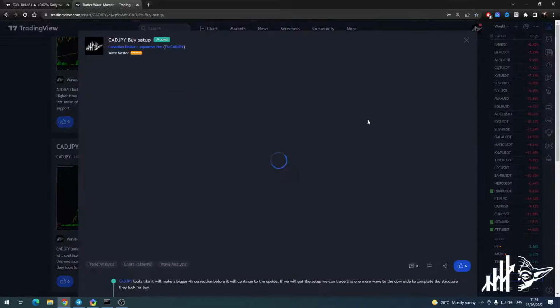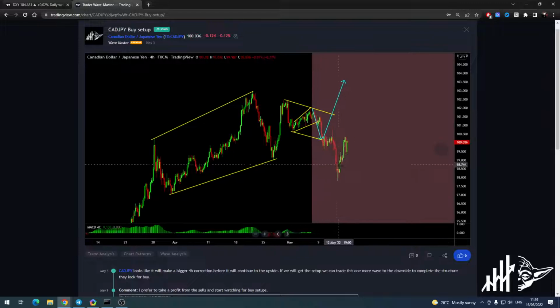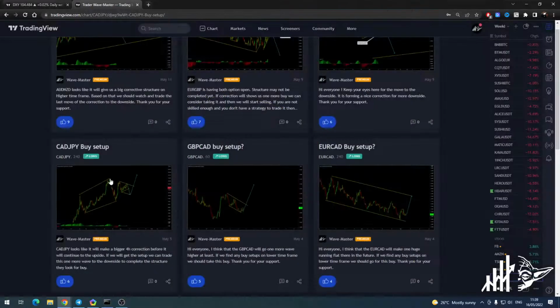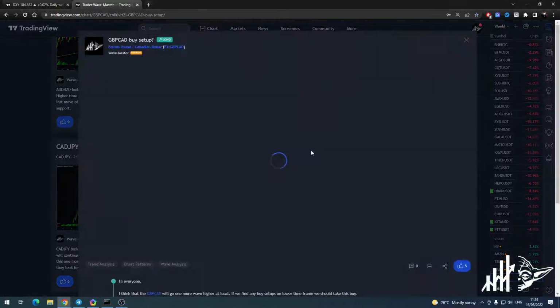And at the end, what they did, this one was a nice setup, went down. Okay, so there was a sell stop. If you take it, another sell setup was forming over there. You see this one, A, B, C, or 1 to 3, depends how you are counting it. It went lower. Sell stop 1 was there and sell stop 2 was there. Now what the price is doing, let's see. We will keep an eye and we will see how this is trying to develop, what it's going to do.